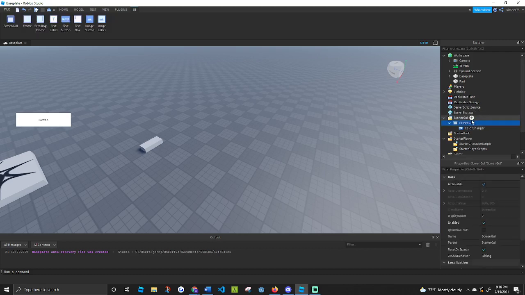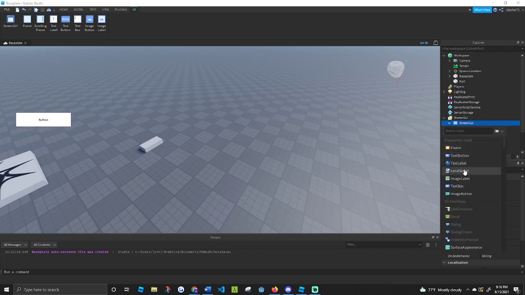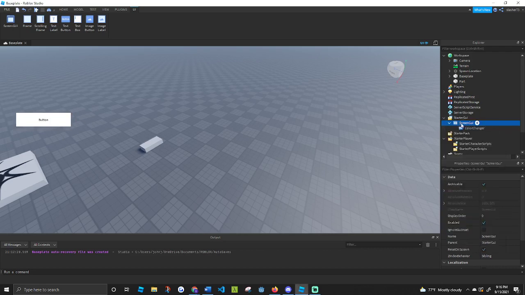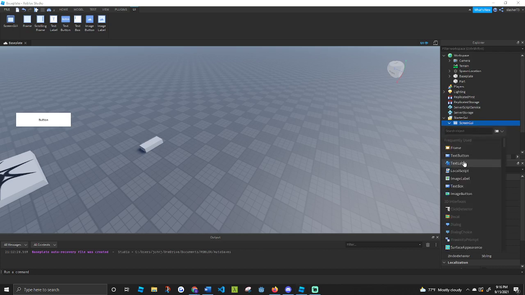But the problem is, if I want to detect when a player clicks this, I can only do this on the client. I can only detect when this button is clicked on the client. So what I mean by this,